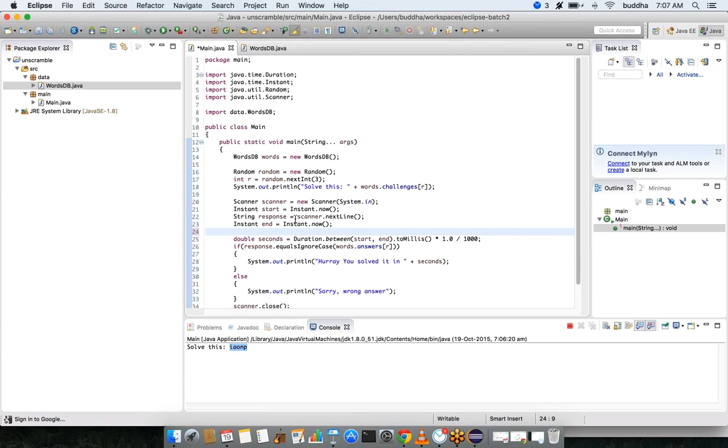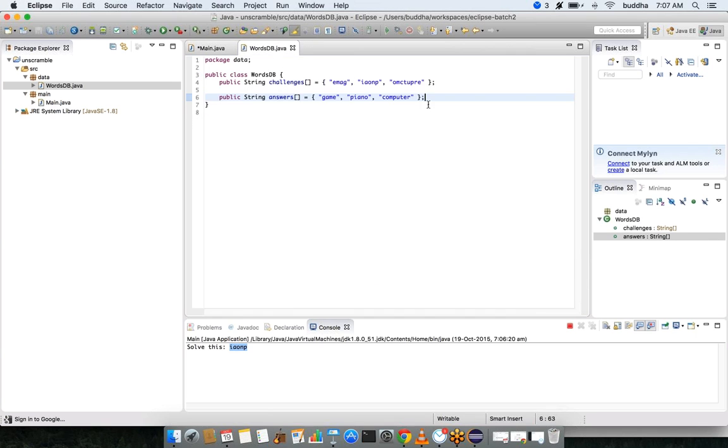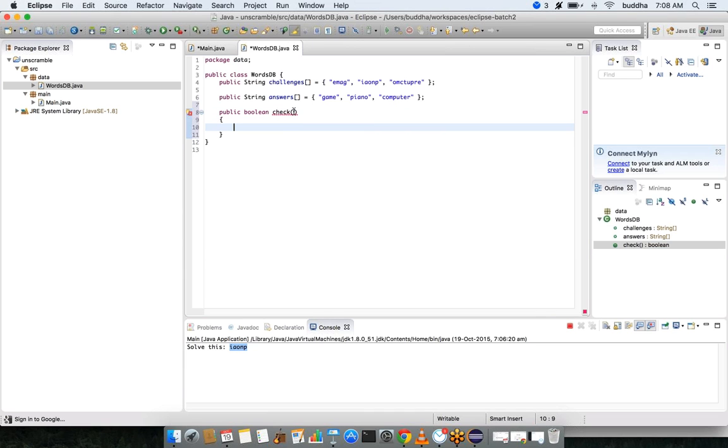For us to be able to do that, we will write a method called check. It is a public boolean check, and this should take two strings.